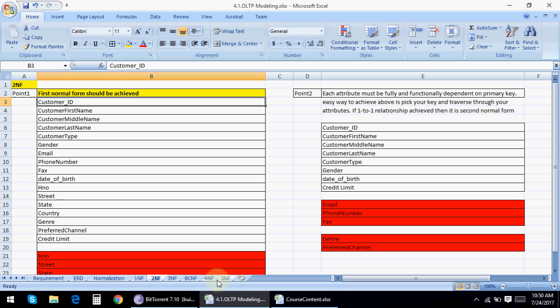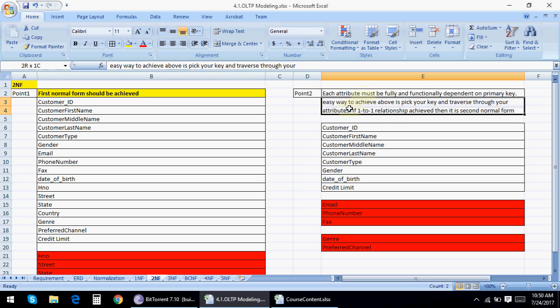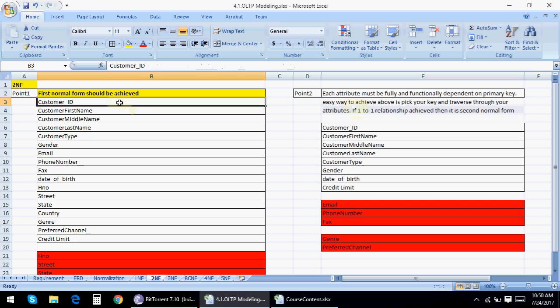So I'm trying to convert this first normal form data into second normal form. So how to do that? Based on this rule, each attribute must be fully and functionally dependent on the primary key. So how to figure that out? There is a cheat code. I have simplified that with one more statement. You just pick the primary key of this particular table. So customer ID is the primary key. Now what you do is traverse with your primary key through the rest of the columns, and check if the relationship between customer ID and the rest of the columns is